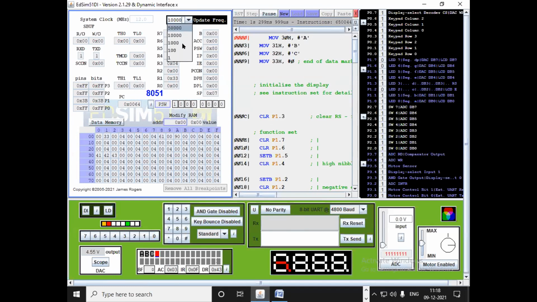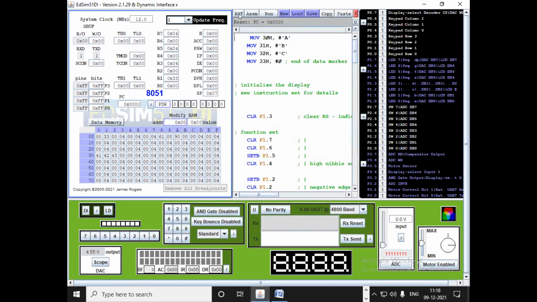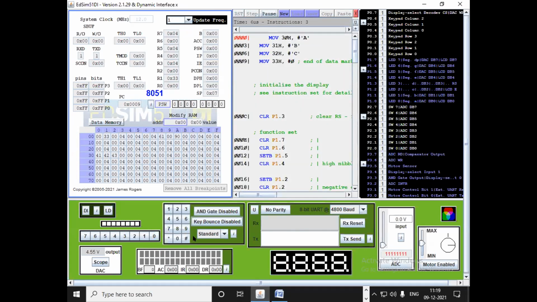If you have changed the frequency there, suppose 1, you are not seeing ABC here. Okay. But if you change this to 1000, you can see the ABC on your LCD display. So you have to match the LCD display frequency with your 8051. Here you match it by software, in hardware you have to match it. This is the use of that update frequency. Then all are the same. This is the TH1 and TL1 we discussed in the timer program.